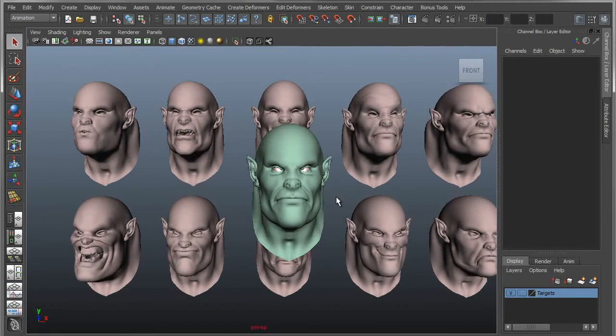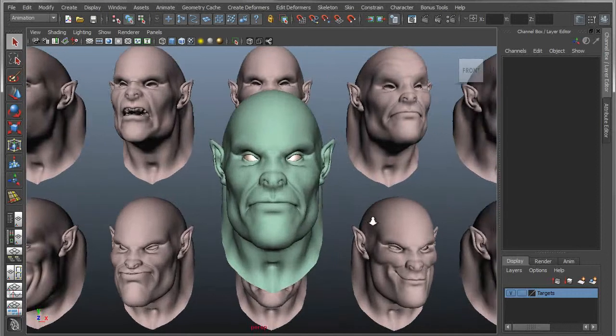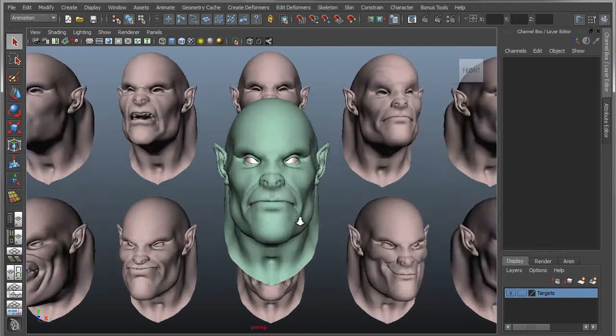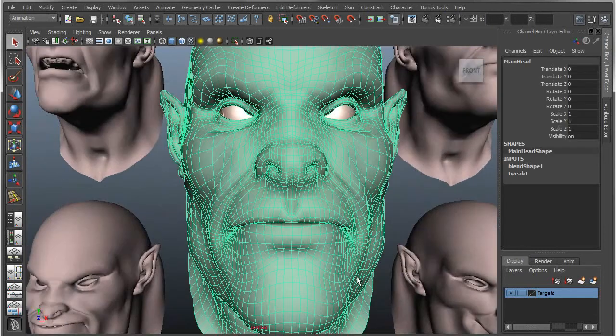So now I want to talk about what I could do to actually go in and edit these. There's one way of working, which is topology based. So I'm going to start with a change to the topology. Let's say that an art director comes to me and says, we really need to add a little bit more articulation in the mouth. So I want you to go in and add some detail there so that we can add more expressions or